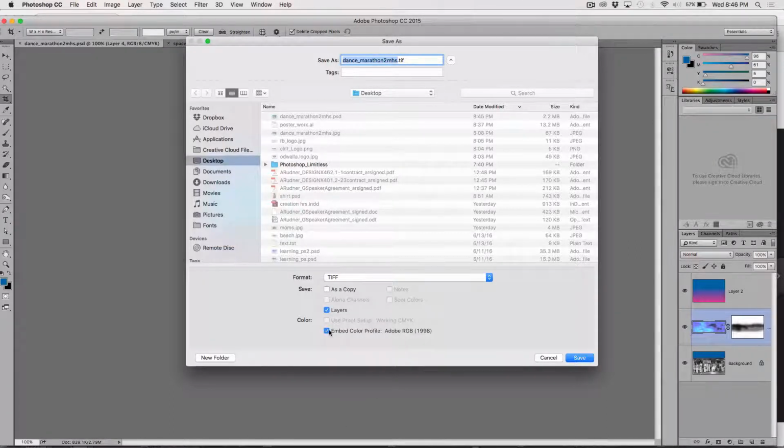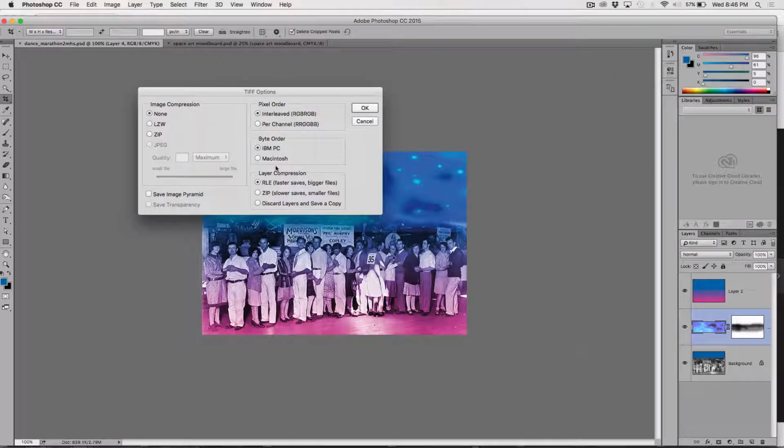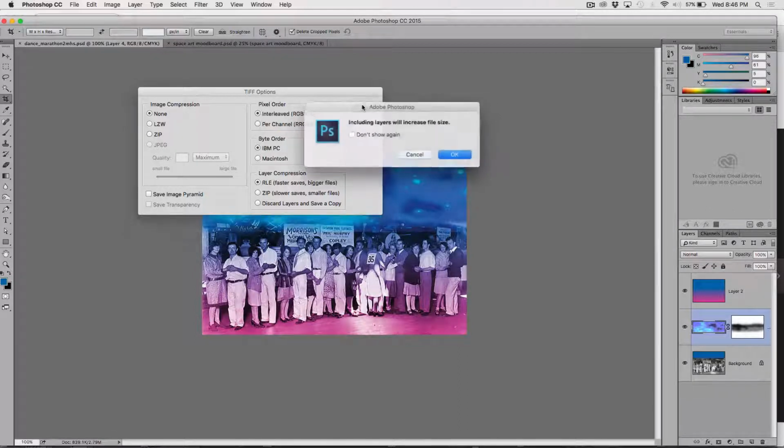I am going to unclick Embed Color Profile of Adobe RGB 1998 because I'm going to actually be printing this in CMYK. Cyan, magenta, yellow, and black, the print colors. So I'm saving it, and I'm clicking OK, and it's going to want to